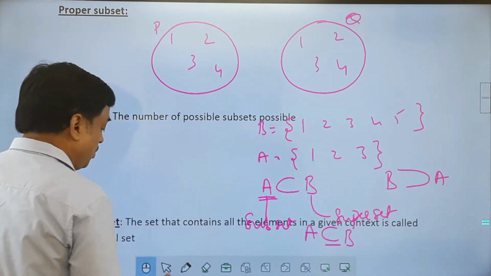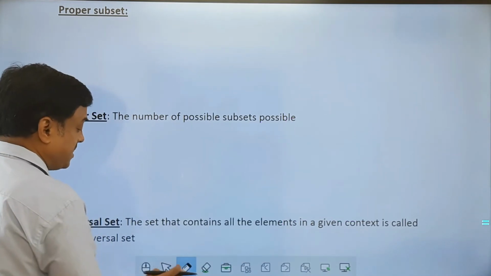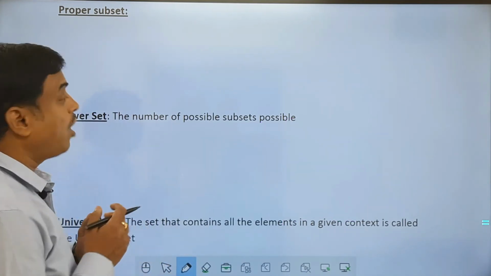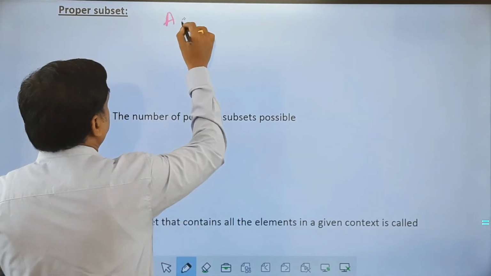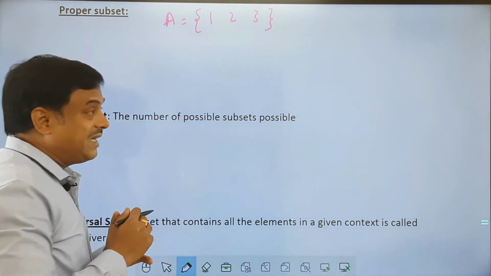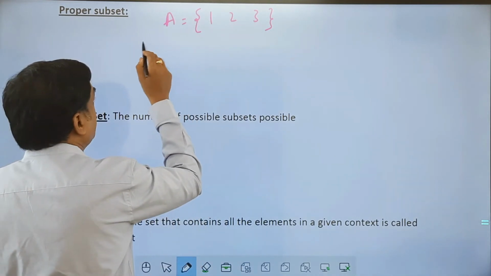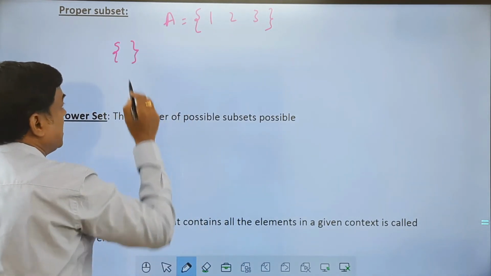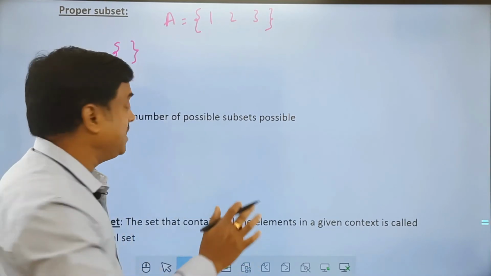Now let us move on to the next type of definitions we need to understand. What is a proper subset? Let us understand that part. Suppose we have a set called A with elements 1, 2, 3. First, let me write all the subsets. For any set, the empty set or null set is definitely a subset.